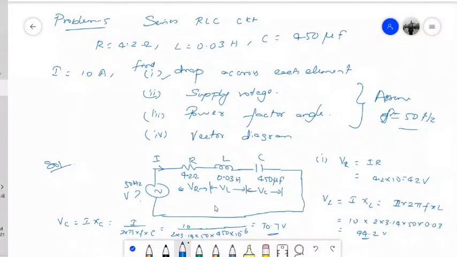So now it will be very easy for you to find this supply voltage, which will be nothing but the sum of these three voltage drops. Fine. So the sum of these three voltage drops will be nothing but your V. So let us try to find this. Now if you are worried about the angle part, then the J should be there if you are trying to show the angle as well.